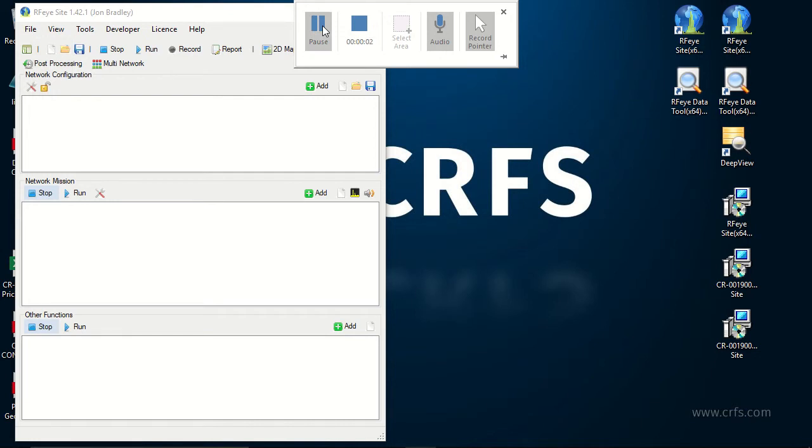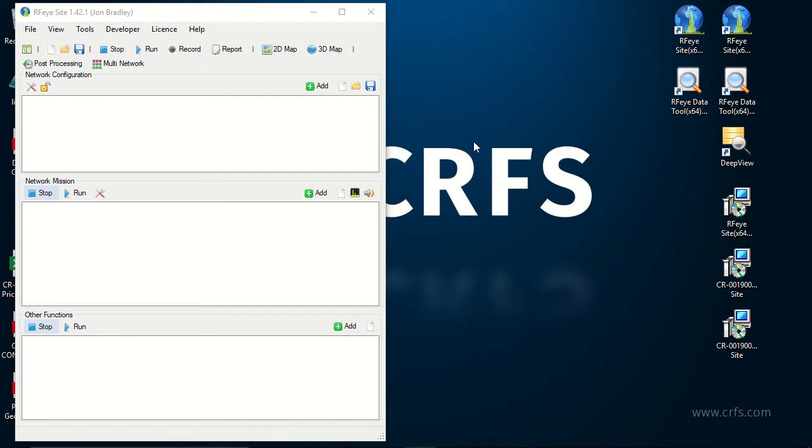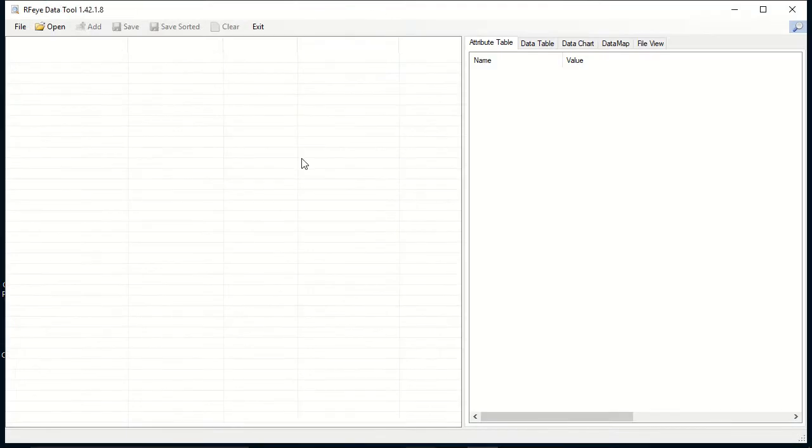So here we're going to give a little demo of the post-processing capability within RFI site. And specifically, we're going to look at post-processing of TDoA data. Now, the key element of success here is recording your IQ data from 3 or more RFI